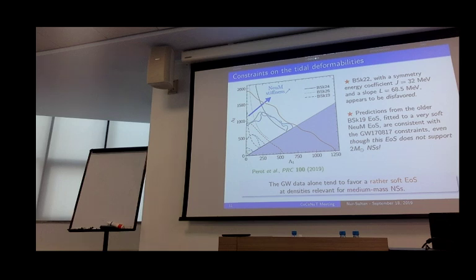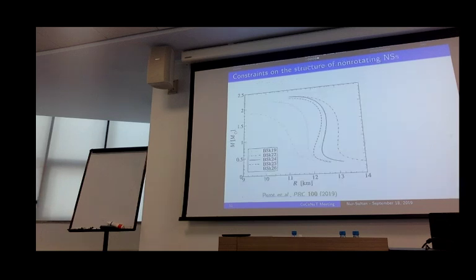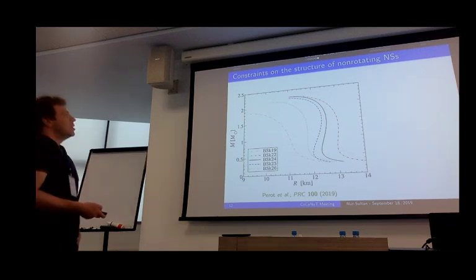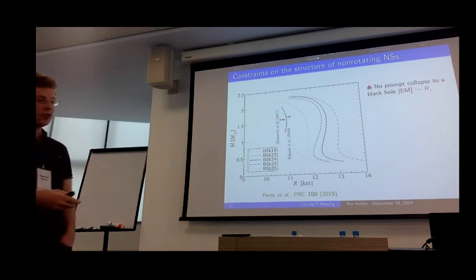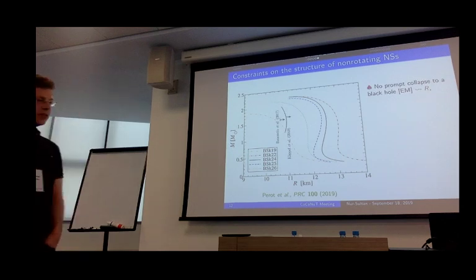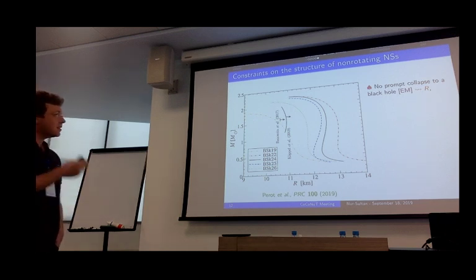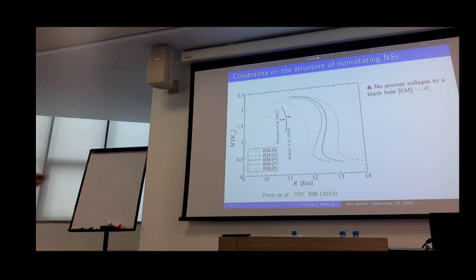Besides these constraints on the tidal deformability, some other constraints could be obtained on the mass-radius relation. First, the analysis of the electromagnetic observations suggests that the remnant of the merger did not collapse directly into a black hole, but only after a given while. This means that the total mass of the binary should be lower than some threshold mass, a constraint which can be rewritten as a lower limit on the radius, which is put in here. This is the work done by Bauswein and